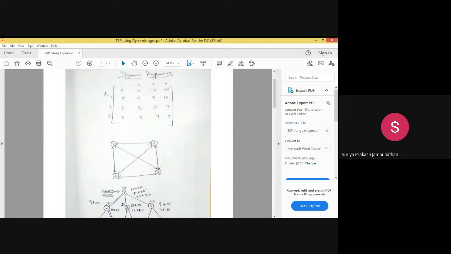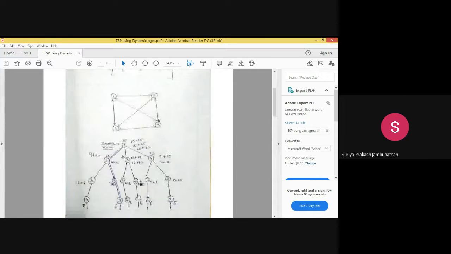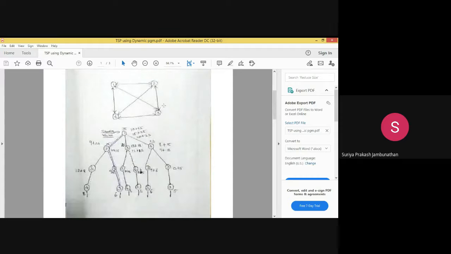And moving further, we are plotting the tree from the given graph. How do we plot the tree? We take 1 as the root node. One is already taken, so what are the three remaining nodes? 2, 3 and 4 are the three remaining nodes. So we take 1 as the root node, and 2, 3, 4 as the first sub nodes, because after 1 we have 2, 3 and 4 left out.